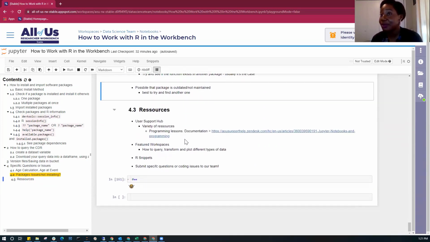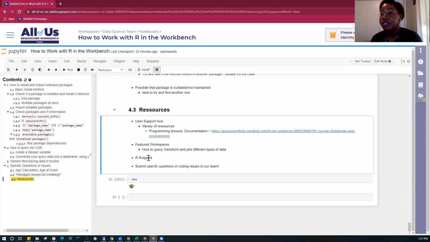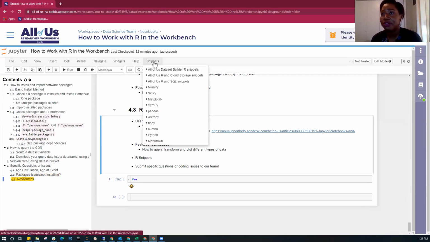And then last but not least, we have some fantastic resources for you that our team has worked hard to put together. So if you have some questions that are still lingering, you probably will find answers in one of these tools. Since we're still in the Workbench, let me show you some of the other snippets that we have quickly. We have snippets for basic operations in R,